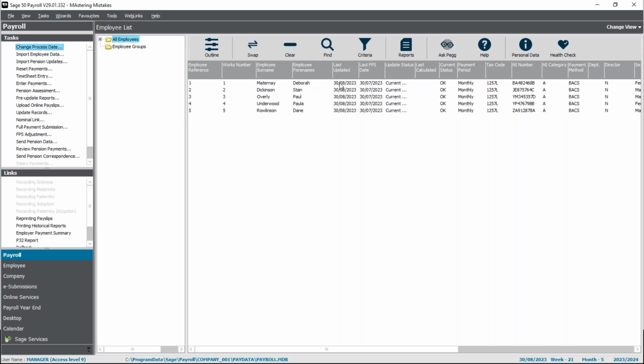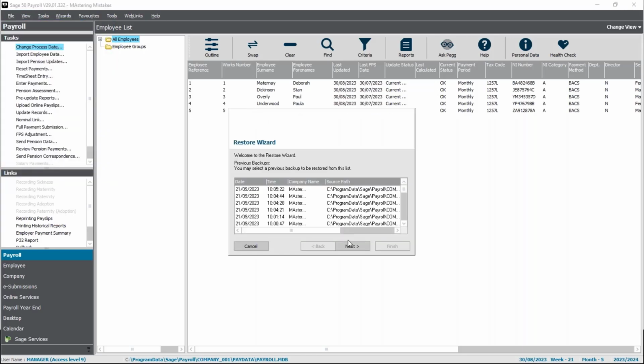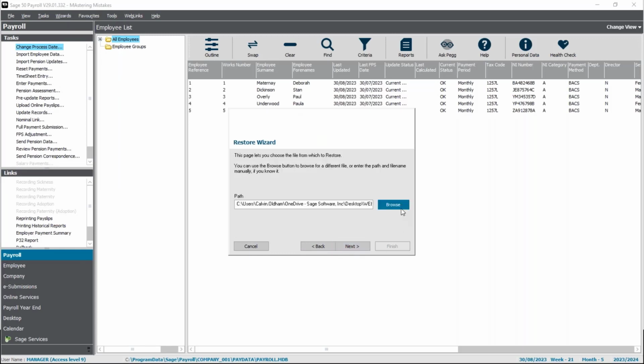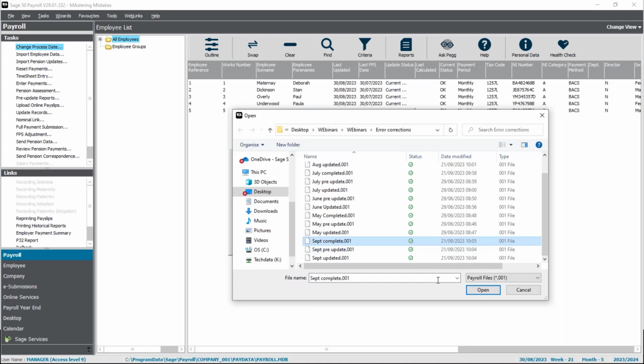What you would do here is then go ahead and reprocess the pay period that you need to do, in our case September, and then submit the FPS adjustment. And we are going to show you that, but we're going to do it a little later in the session. What I will do now is restore back to where we started. So again, highlighting the two files, clicking browse, then we need to find September complete,